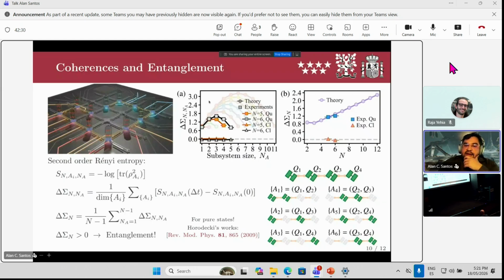And then we can see the increase in the entanglement when we increase the battery size. This increase is almost linear, but we can see that we have some enhancement in the entanglement generated in the system. In contrast, we measured the entropy for the classical case, and as expected, it remains absolutely zero up to some noise.